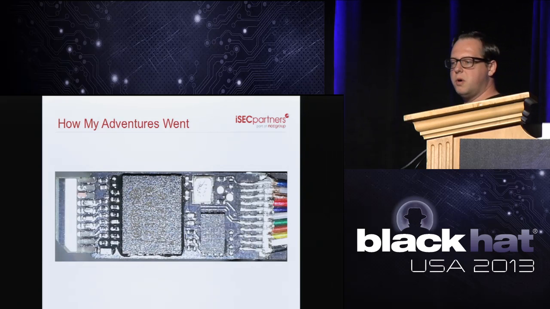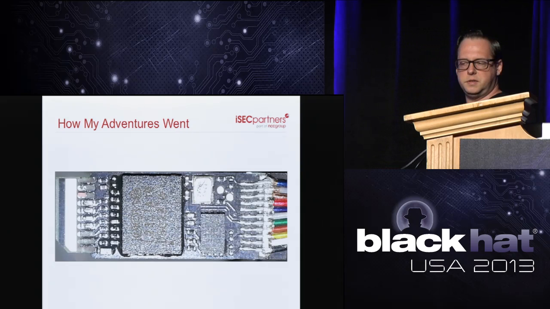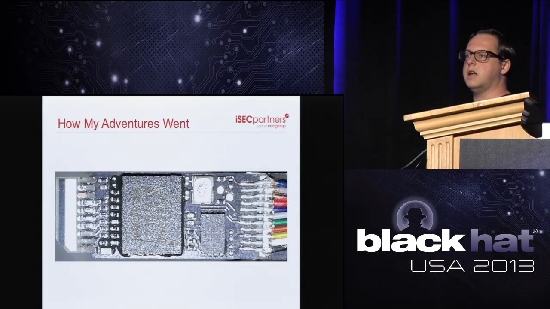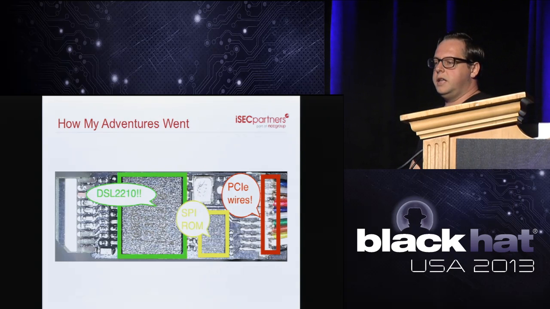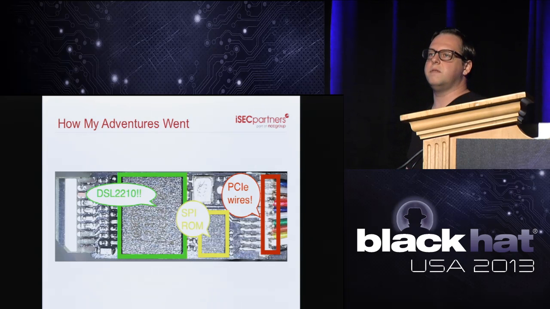If we flip our board over, we notice there's a nice big Thunderbolt controller and a couple other peripherals. Notice over to the right, there's an oscillator. It's a 2210, so it's a DSL 2210. So we have a pinout of this chip. So now any pinouts that we have, we can migrate over to this device,